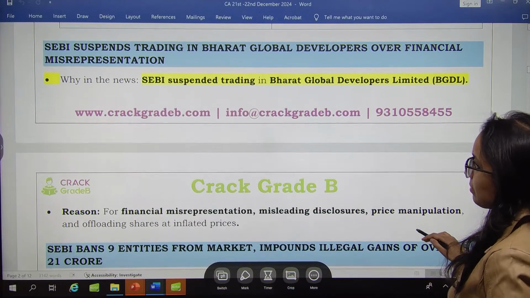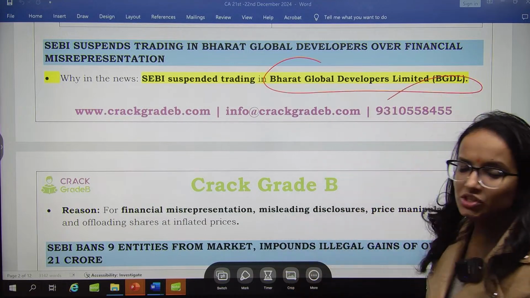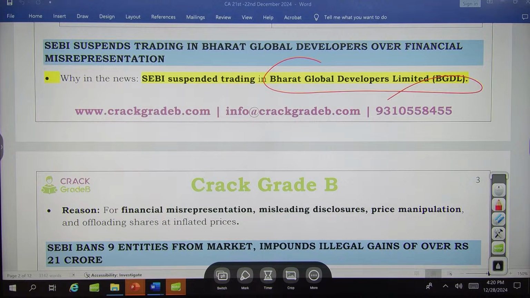Now the next news is SEBI has suspended trading in Bharat Global Developers Limited, BGDL. So Bharat Global Developers,